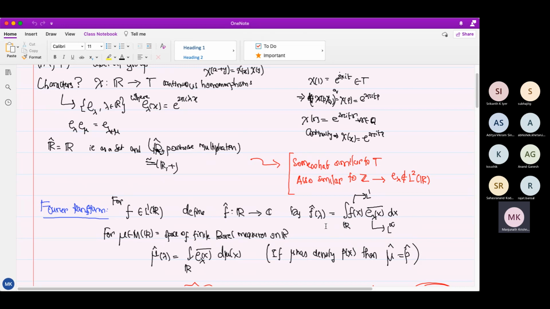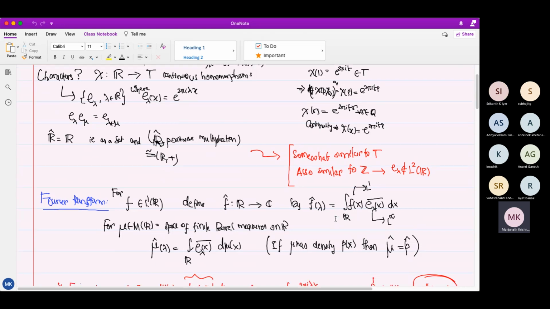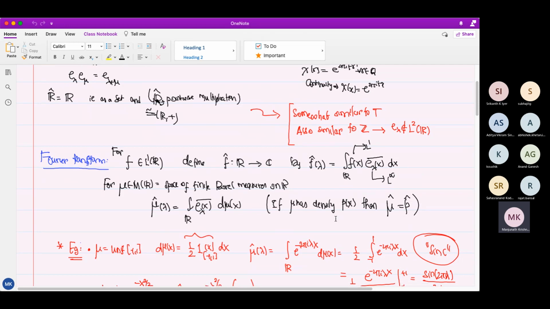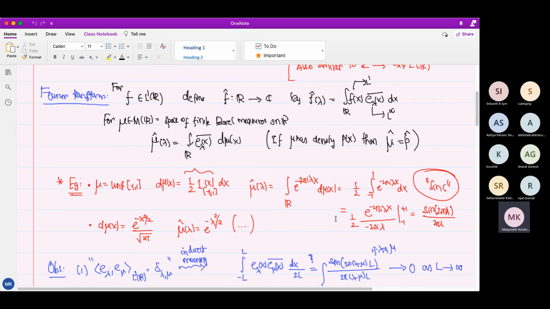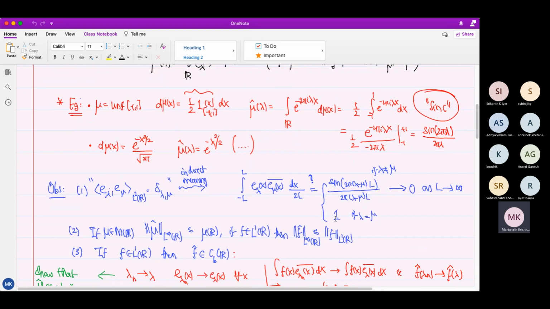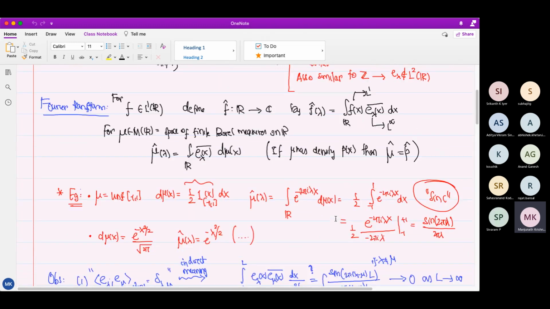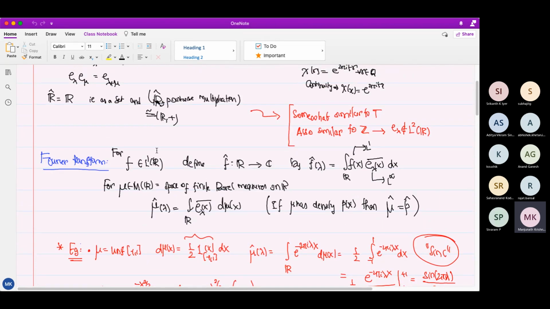So sometimes the Fourier transform is defined without the 2 pi there. It is e to the minus i lambda x. People also divide this whole integral by square root of 2 pi. There are many things one can do, and somewhere or other you have to be careful about the conventions when you try to transfer the formulas. Anyway, we'll stick to this, and for f in L1 or measures, we can define the Fourier transform,